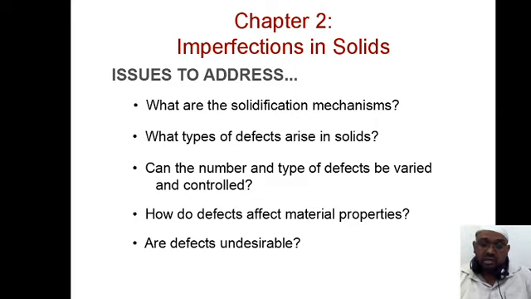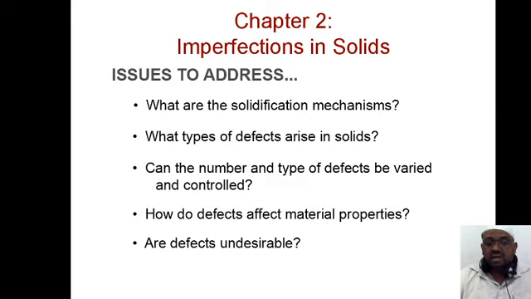So we need to know what imperfections in solids are. What is the meaning of imperfection? Imperfections are nothing but deviations from regular periodicity. In chapter 1 we said that atoms are arranged as a periodic array of imaginary points, in a periodic manner. That is not always the case. Where the arrangement is not in a sequential order, we call such defects imperfections, and you will find these imperfections in solids.